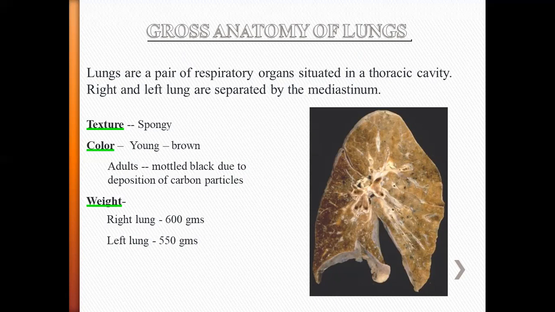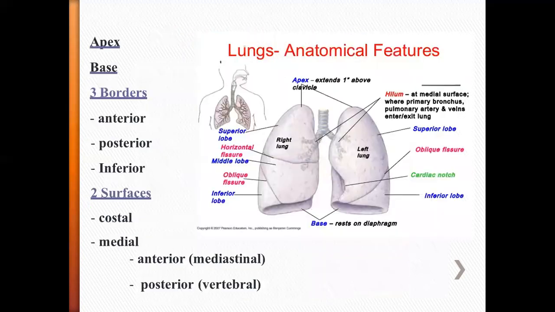Okay, so this is about some features of our lung. Next, let's see the external features of the lungs. Just follow the picture, I'll show you. If you see this, this is the right lung and this is the left lung. In the right lung, can you see one topmost structure like this? A conical shaped structure, that is called the apex.